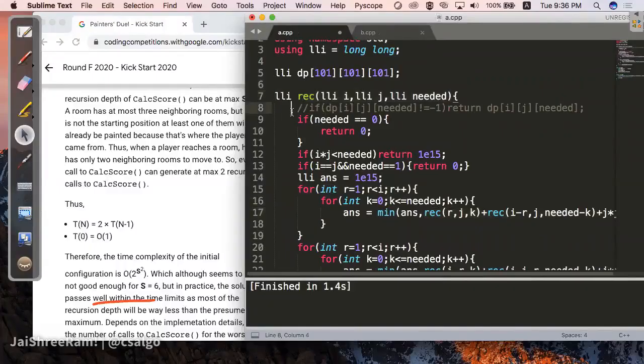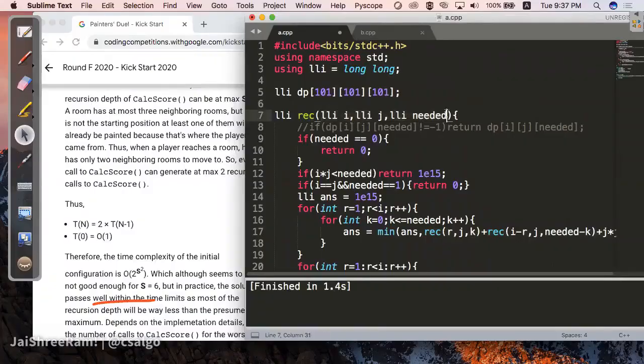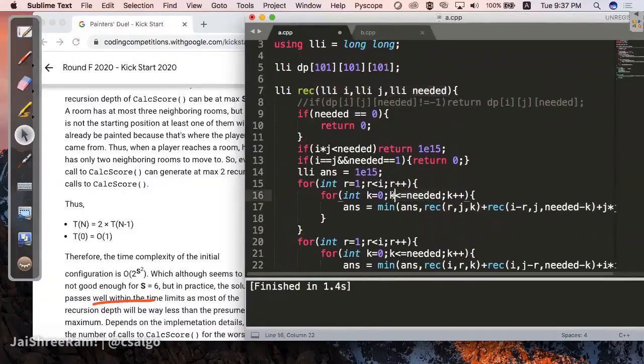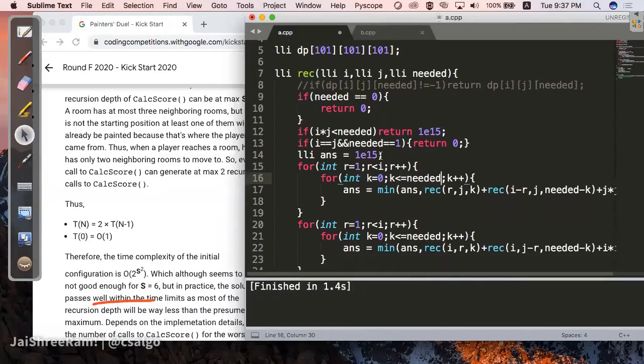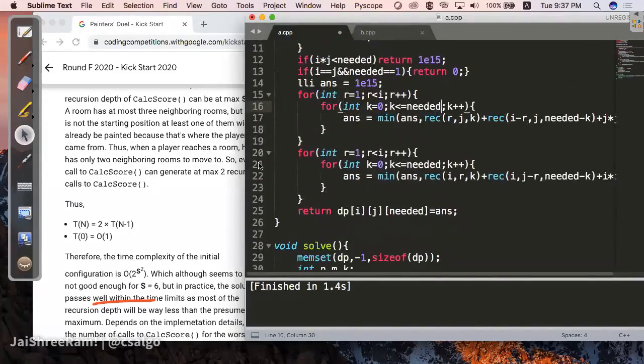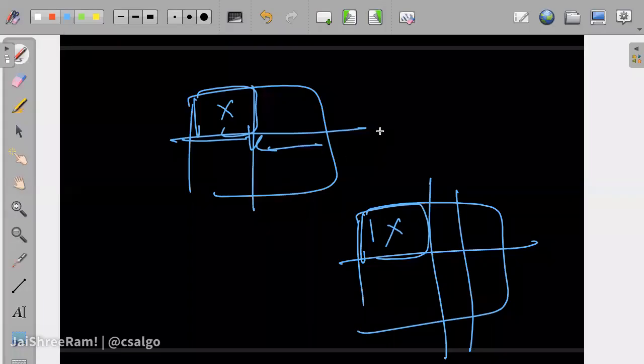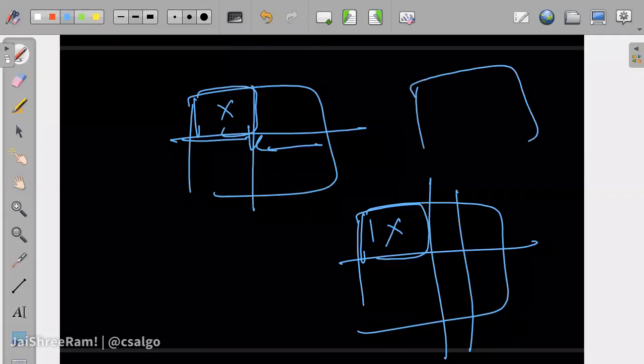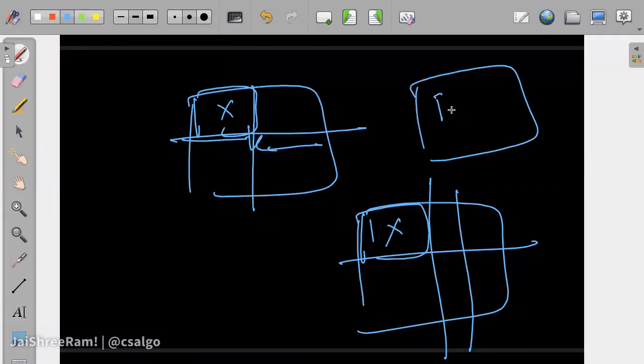So that's how we design these states, and we keep in the states whatever is needed. Keeping this number of rectangles and squares needed really helped us. We can also think in these terms, like let's change the problem a bit. Let's say you don't want k squares; you want to cut the chocolate in such a way that you get a rectangle with